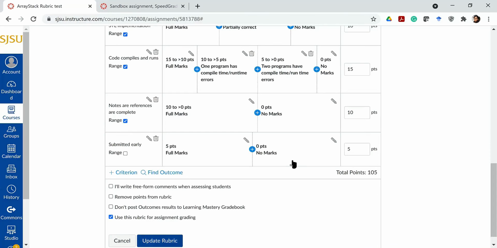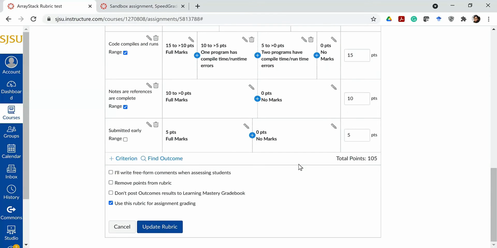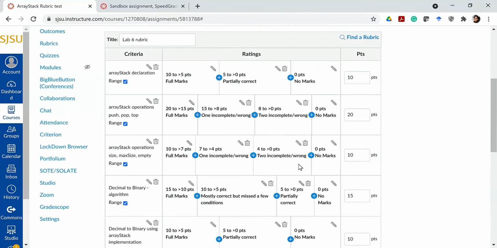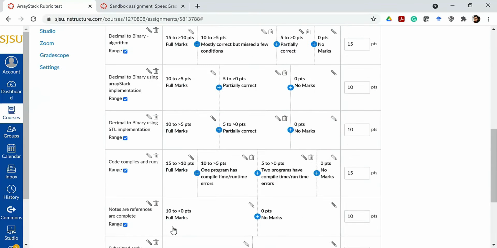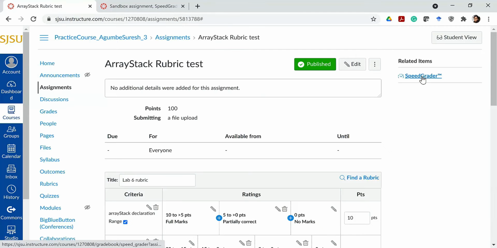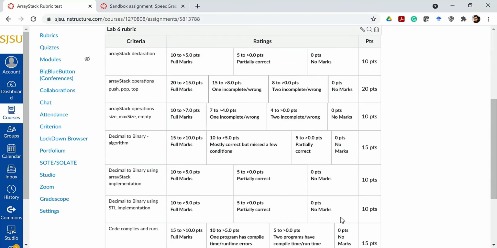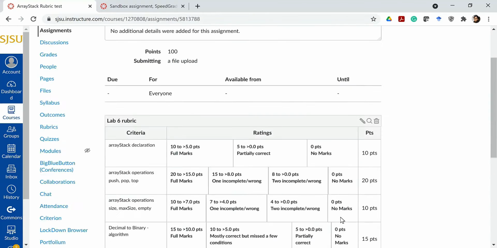If I update the rubric and leave it different, then the students can get the extra credit on that assignment. Why isn't it saving? It should save the assignment, and it didn't work. It might be just a glitch in the system. Let me try it again. Okay, it's saved, but it just didn't show me that it's saved.